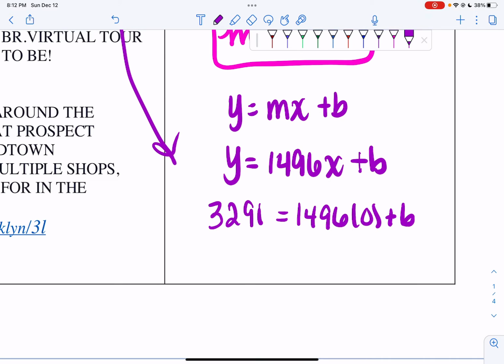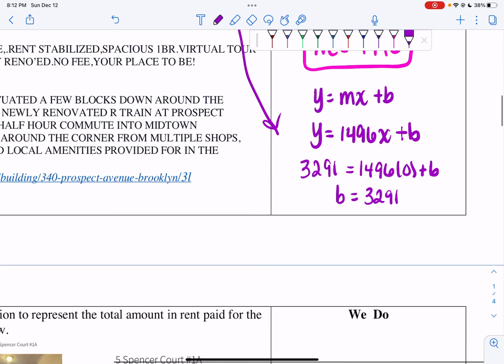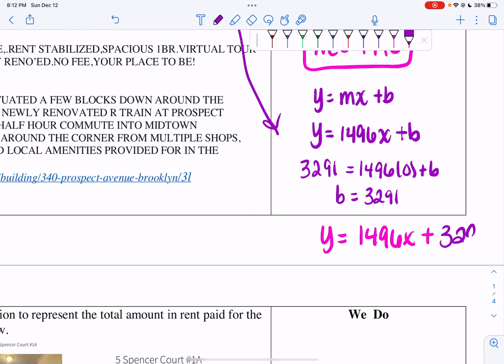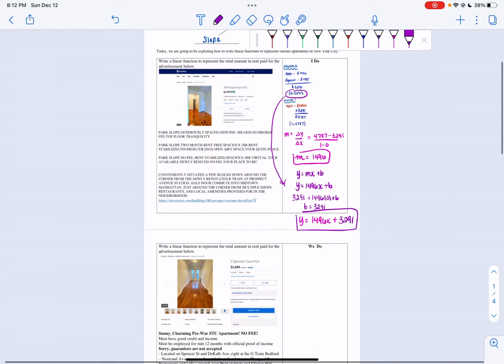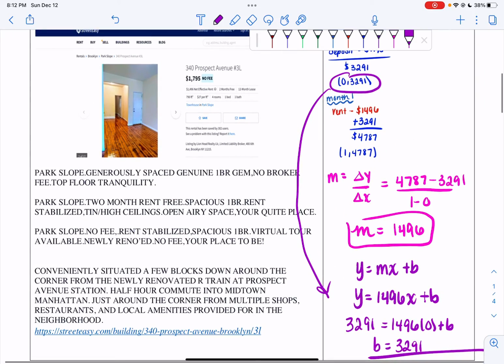When I simplify, I just get b is equal to $32.91. So I can now put this all together and say my equation is y equals 14.96x plus 32.91. And this will tell you how much you have paid at a given time for that nice 1-bedroom in Park